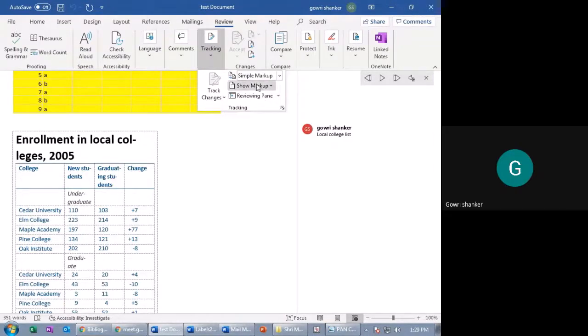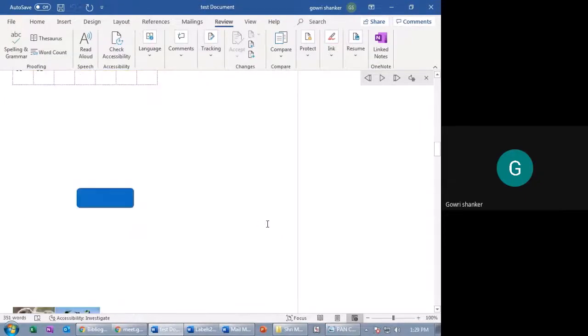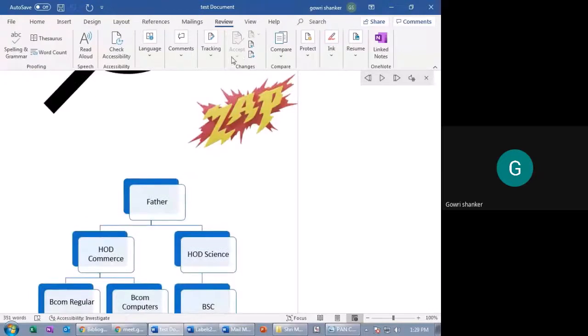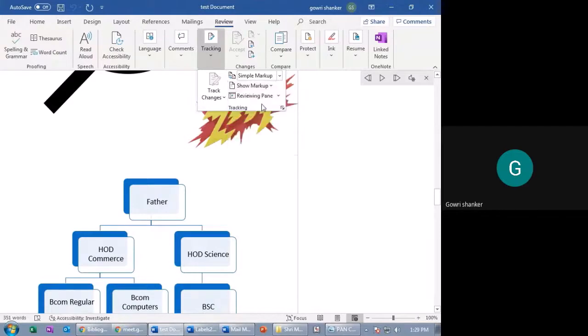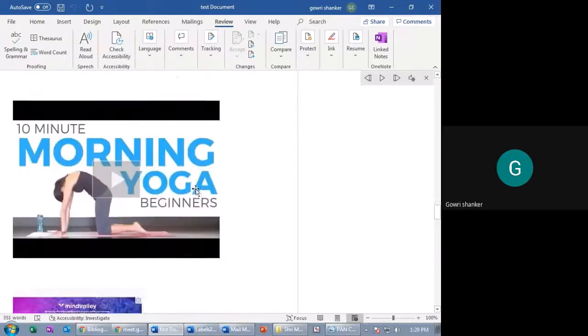The comment has come, I removed it, it is gone. If I select the checkbox, it will come. Insertions and deletions, formatting, I removed it. Comments also I removed. So these are the options you can use. Show Markup, Formatting, that's it. This is for tracking purposes, to review the document properly.